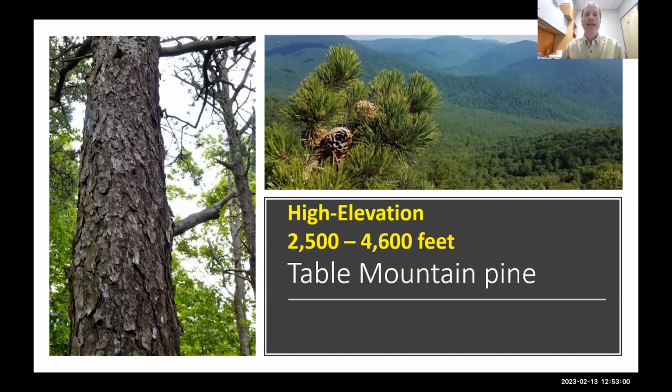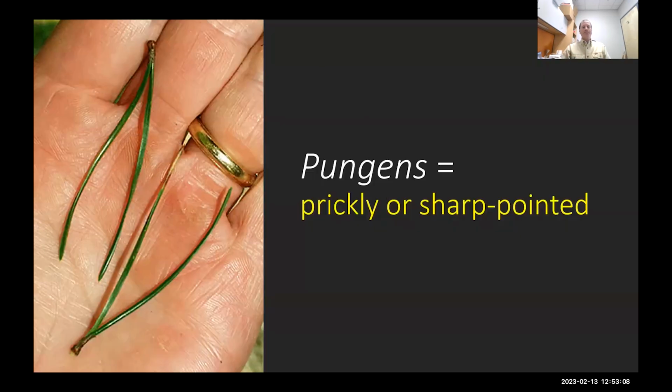These cones are really big, and oftentimes they're whorled around the branches. So, they're arranged kind of in a circle around the branches, or they're whorled. So Pinus pungens actually means prickly or sharp pointed. So if you've gone into any of the areas here in Great Smoky Mountains National Park, for example, after this